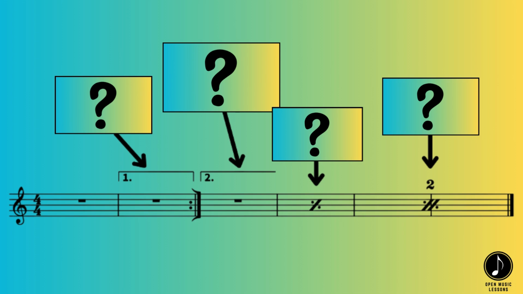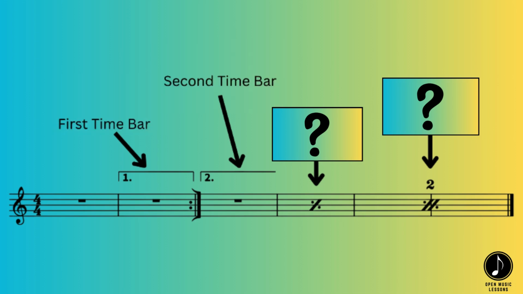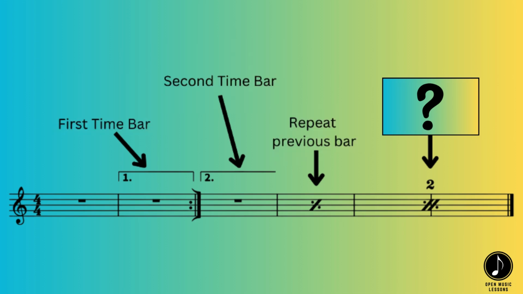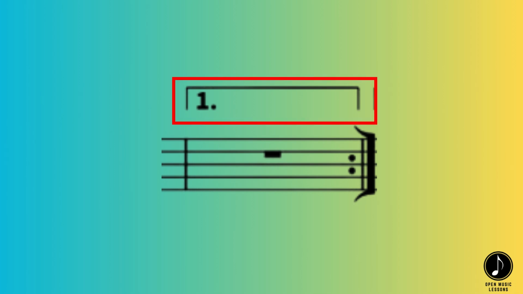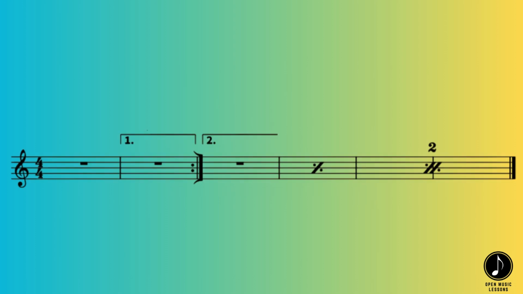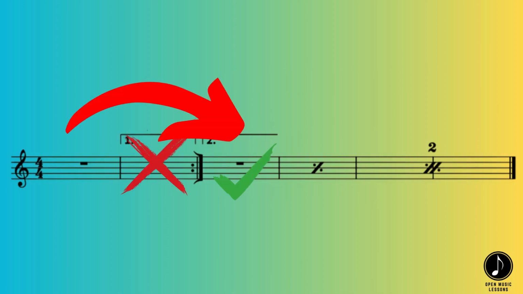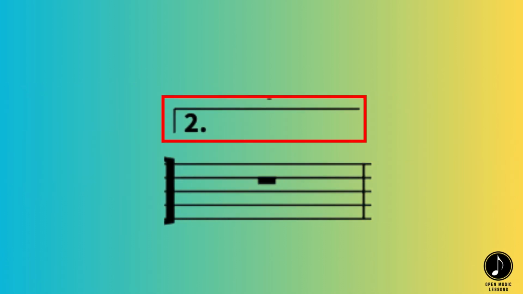all genres of music. These are the first time bar, second time bar, single repeat, and 2 bar repeat. A first time bar tells the performers who use this bar, and any others underneath the first time line, to use this bar the first time they reach it. After the repeat, instead of playing the first time bar again though, the performer jumps straight to the second time bar. This allows a section of music to be repeated whilst changing the ending.